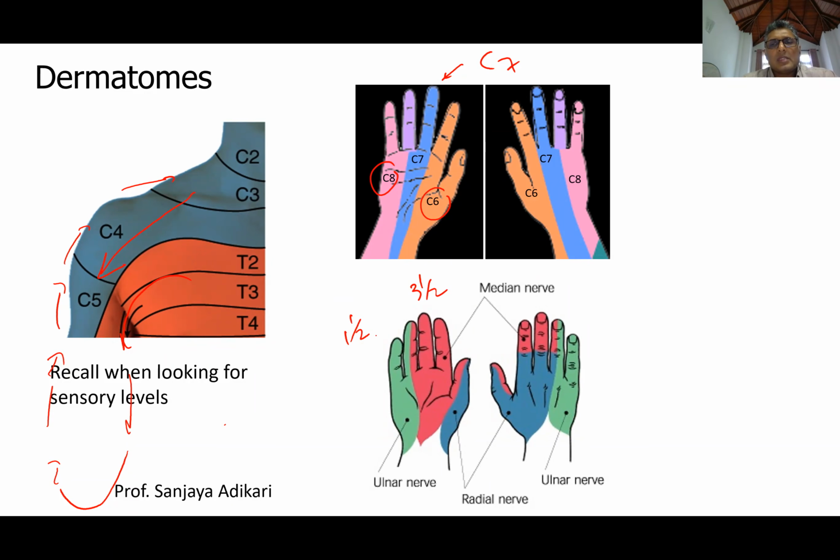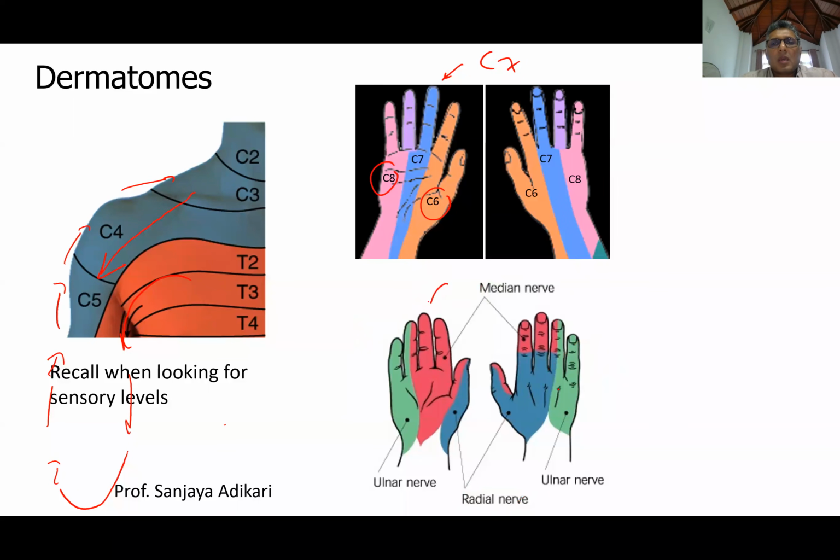Then on the dorsal side, the lateral half, more than half, maybe 3.5 side, is supplied by the radial nerve and partly the median nerve. Then the ulnar side is supplied by the ulnar nerve again. Okay, so if you overlap the two diagrams together, what you can understand is that the C7